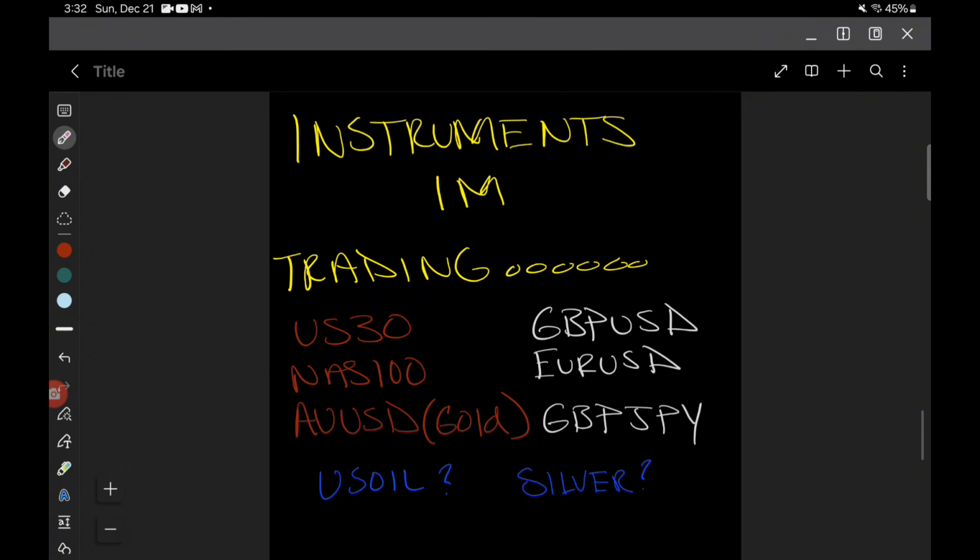Now, instruments I'm trading. I like to trade US 30, NAS 100, gold, GU, EU, GJ. Those are the only ones that I really trade, but I want to be honest with you guys because I